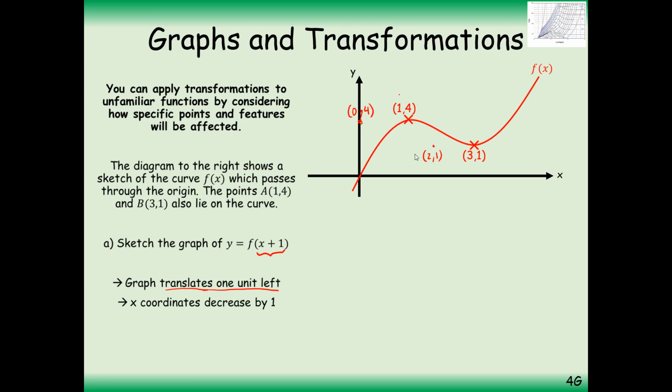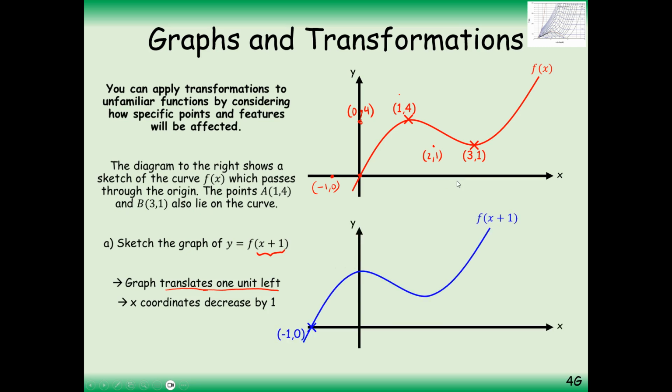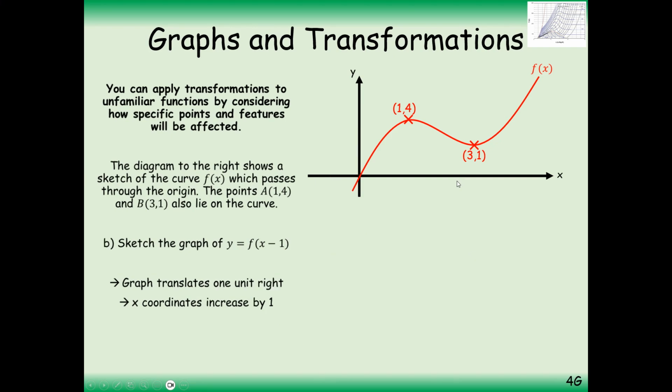And we try to sketch the graph. You notice that it does go through the origin, so now that point will be (-1, 0). So it will have to go through these new points here. Alright, and once you check, yes, that is the answer there. Alright, so let's look at